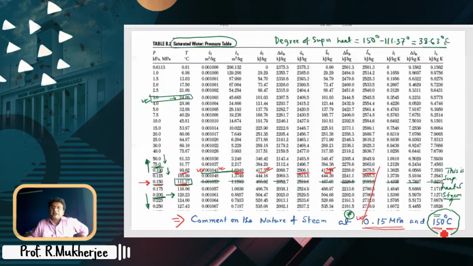Anik Mondal, you do not know superheated steam is like 1 atmospheric pressure. What is the normal boiling point of water? At 1 atmospheric pressure, what is the normal boiling point of water? 100 degrees centigrade. It's steam above 150 degrees centigrade. Absolutely wrong. Arjav, get your concept corrected. No, it can be at 105 degrees centigrade also. So the normal boiling point at 1 atmosphere is 100 degrees centigrade.